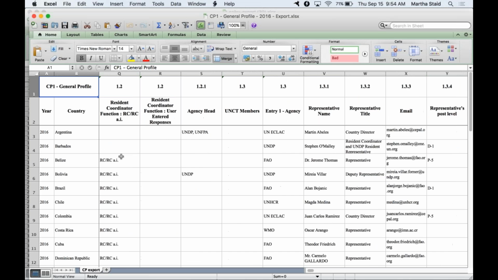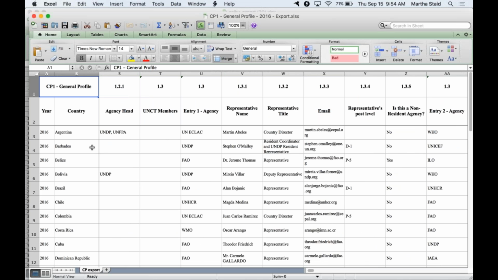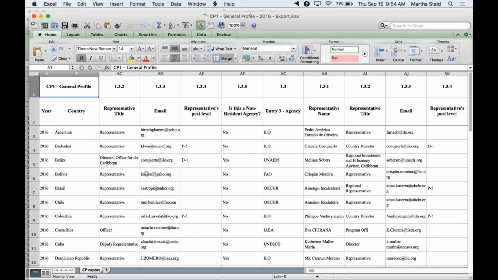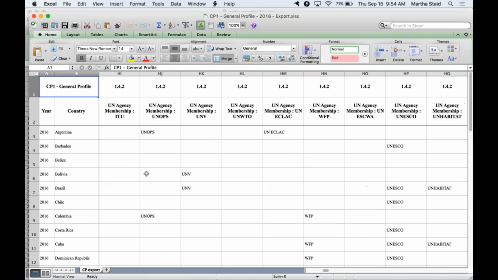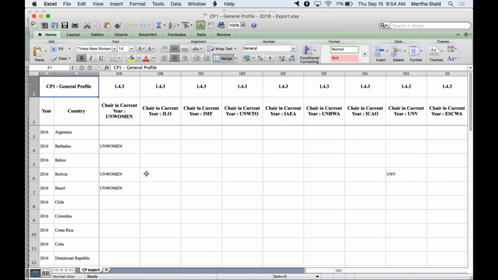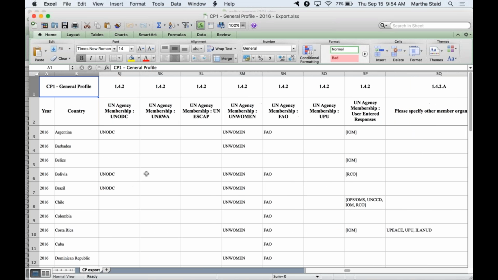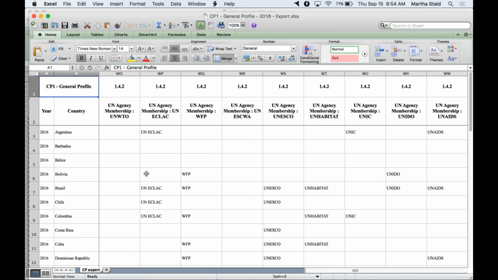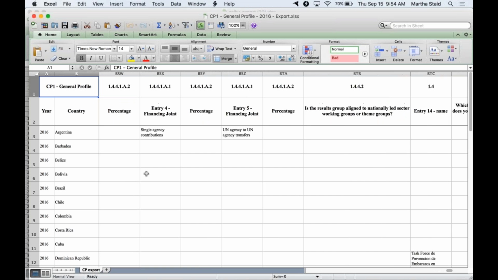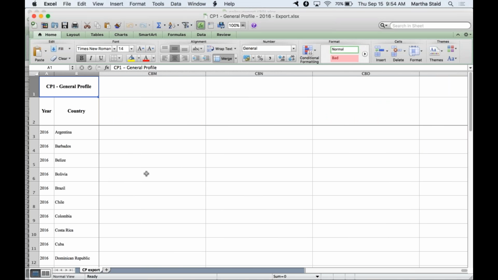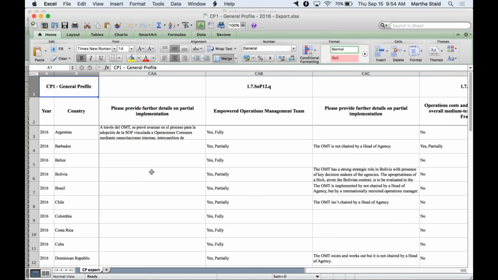And you can see here we have downloaded year by year all of this information. And this is a single form. You'll see here there are just a huge, huge, huge number of columns. So the IMS is a very robust system with a lot of data in it. And I hope that this helps answer the question.